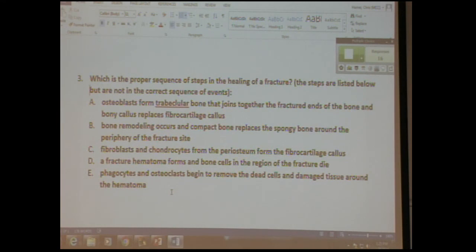Anyway, I just numbered them on the side: 4, 5, 3, 1, 2. So A is the first step. B is the fifth. C is the third. D is first. And E is the